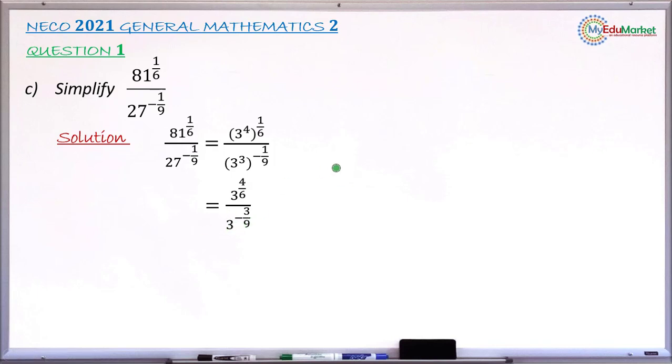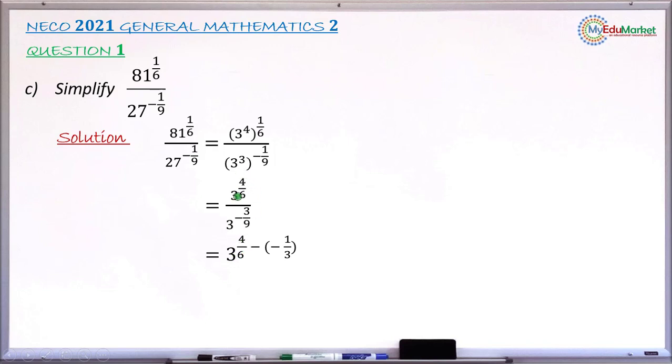We continue. Next is to apply another law of indices for dividing two index numbers with the same base. You can see the base of the index number at the numerator is 3, while the base of the index number at the denominator is also 3. As the two index numbers have the same base, you can now apply the division law, which says you subtract the powers. So you're now going to have 3, the common base, raised to the power of 4 over 6,